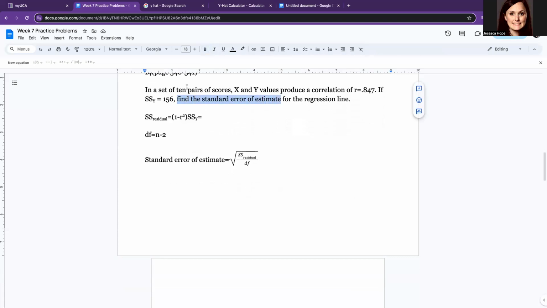You already have DF because you have a set of 10 scores. So your DF is going to be N minus 2, which equals, it's different than before. As you've probably noticed in your textbook, it's not N minus 1 in this type of problem. So it's going to be 8. So I'm just going to plug these in. I'll say 1 minus 0.847 squared